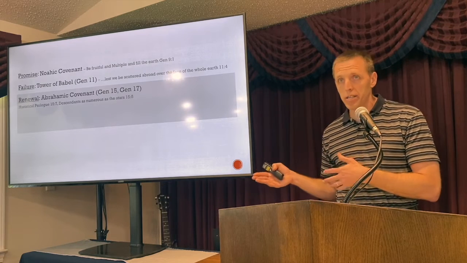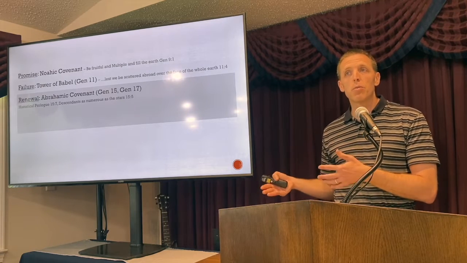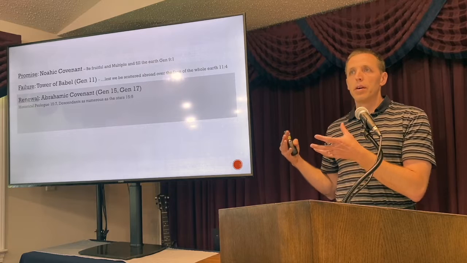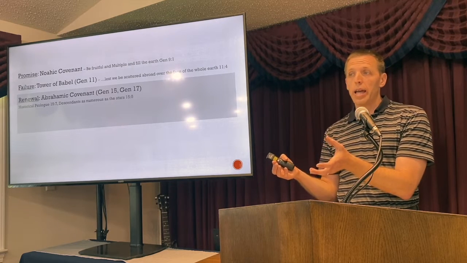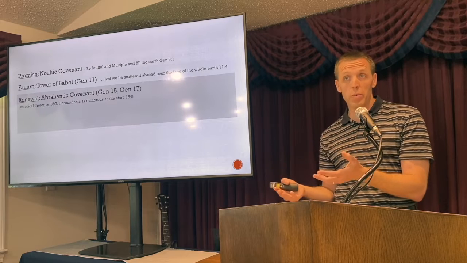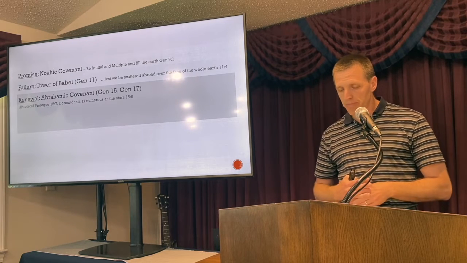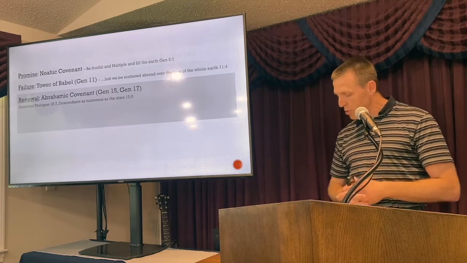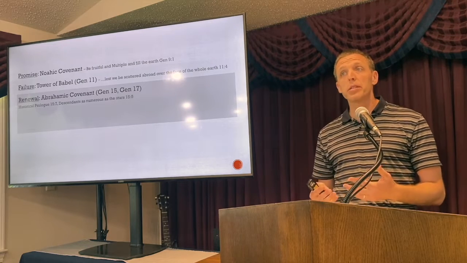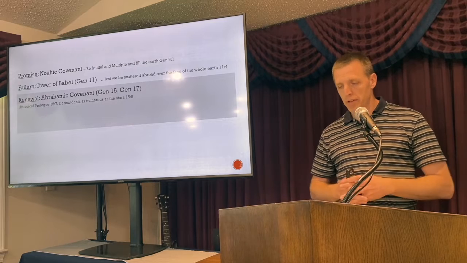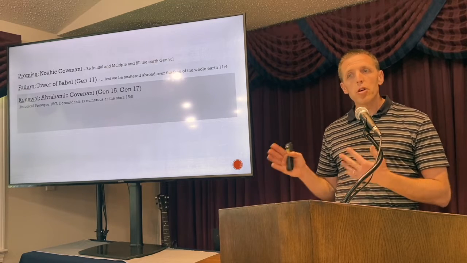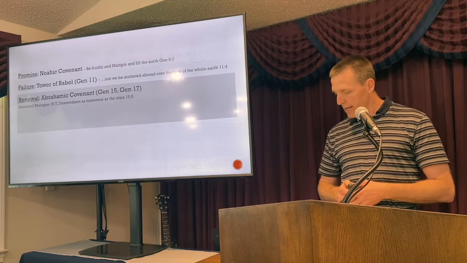It's in all ancient Near Eastern covenants. It's essentially where the authority says, look, here's all the things I've done for you, and why you should enter into this covenant and follow me. And so we have that historical prologue there. And God promises, I will make your descendants, Abraham, like the stars of the sky. I will make them so numerous that you can't count them, right?